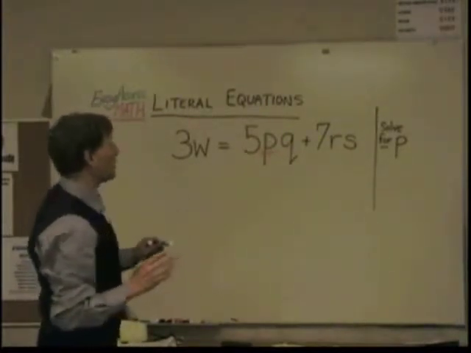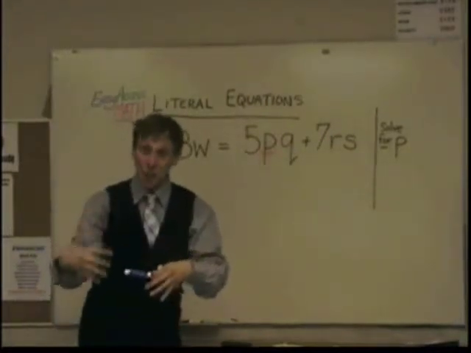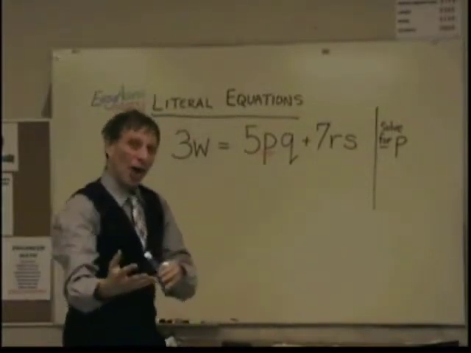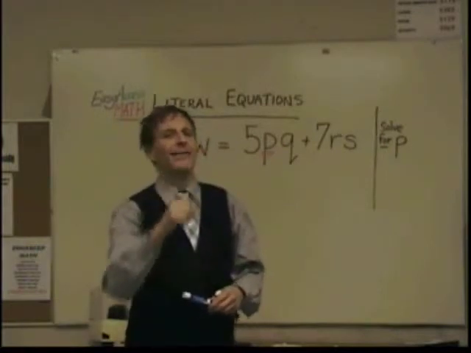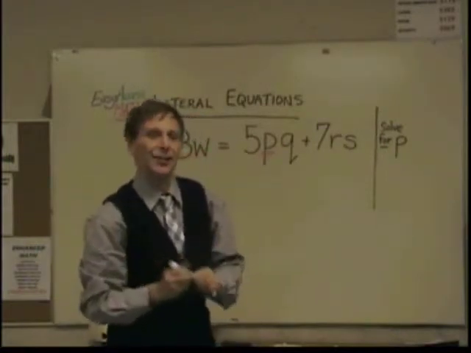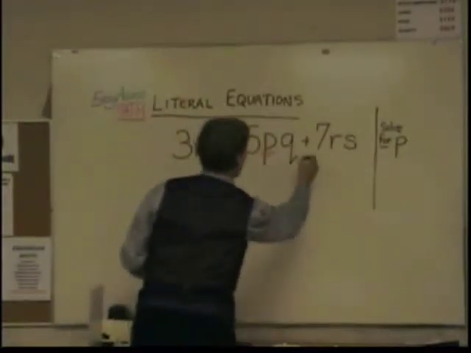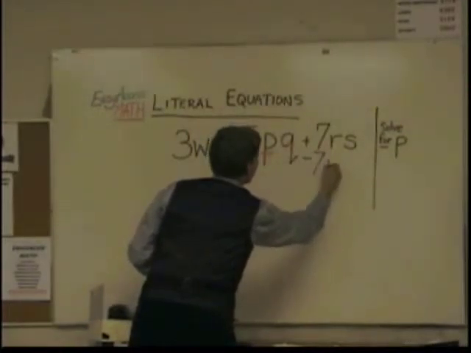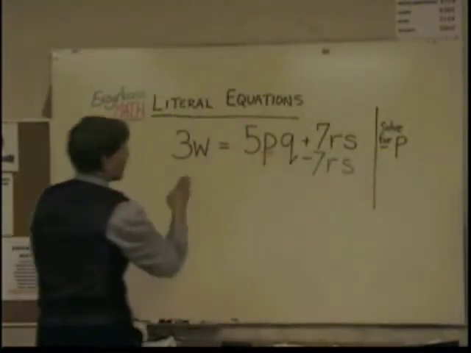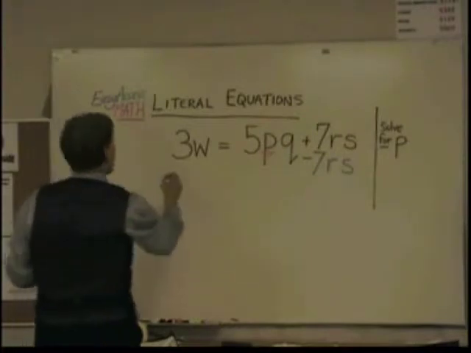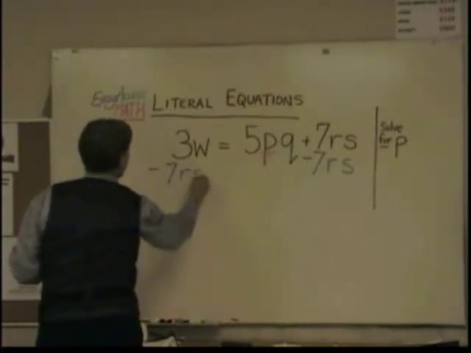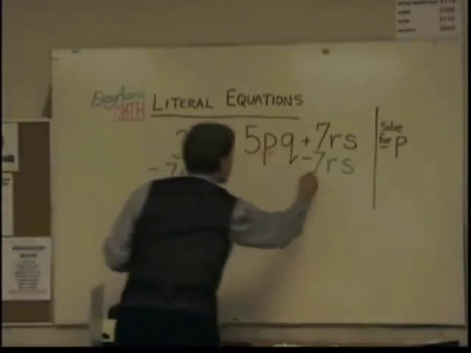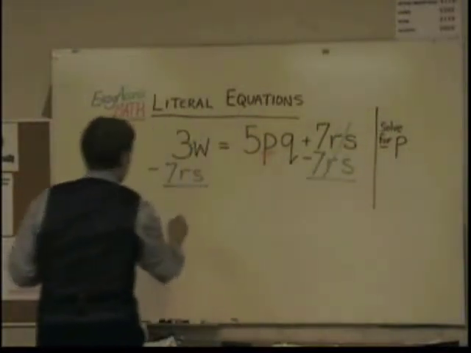The first thing I'm going to do is undo addition or subtraction. Remember, when you're undoing, it's kind of like the opposite of the order of operations. So we attack addition or subtraction first. So I have the plus 7rs. I'll get rid of that on this side of the equal sign, the side where the p is now, and I'll also take that away from the other side. So this cancels, and I have